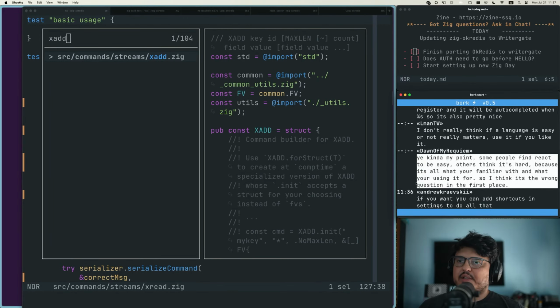Let's see. Some people find React to be easy. Others think it's hard because it's all what you're familiar with and what you're using it for. I think in the case of systems programming languages, actually, you know what? Honestly, I think this should be the case with the majority of programming languages. Maybe not strictly all of them, but the majority, in my opinion. But certainly, when it comes to systems level programming languages,